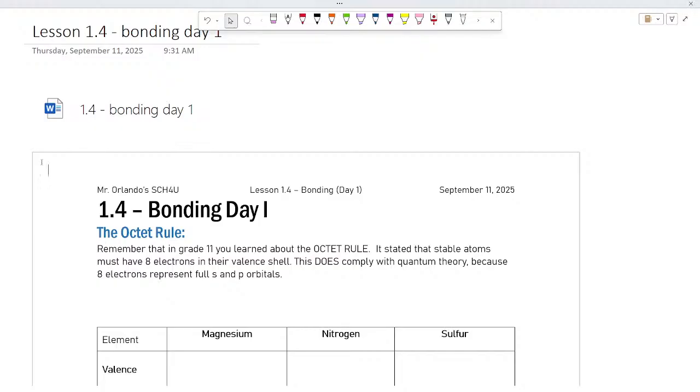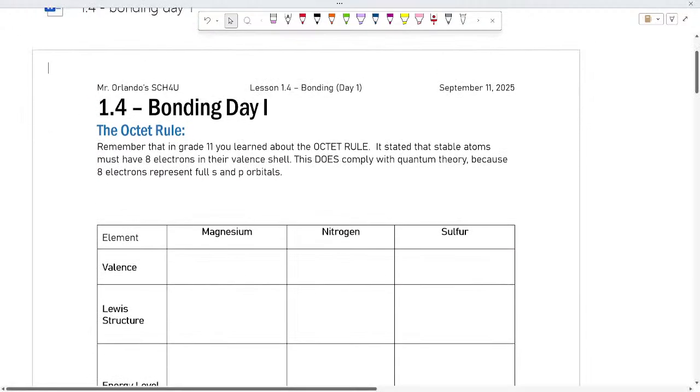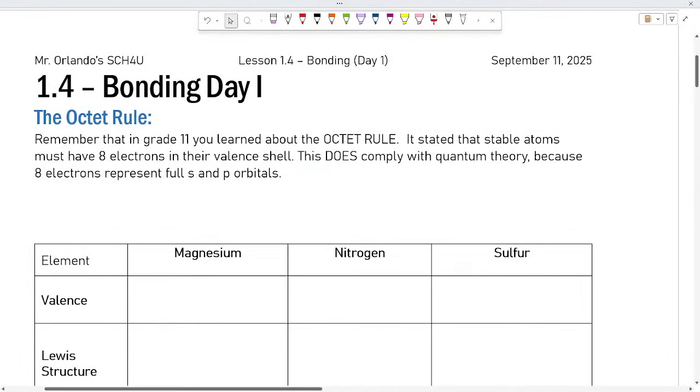So, bonding, day 1. And we're going to start with what we call a basic rule, which is called the octet rule. If you remember, in grade 11 you learned about this. You even really learned about it in grade 10. It basically is that atoms must have 8 electrons in their valence shell. And this does comply with quantum theory because covalent bonding happens with s orbitals and with p orbitals. And if you look at the s block and the p block together,